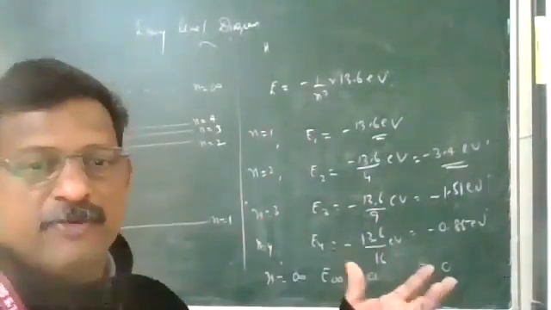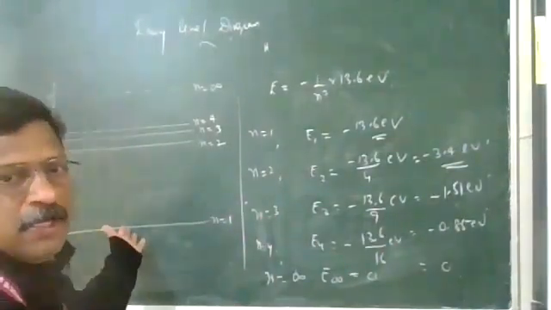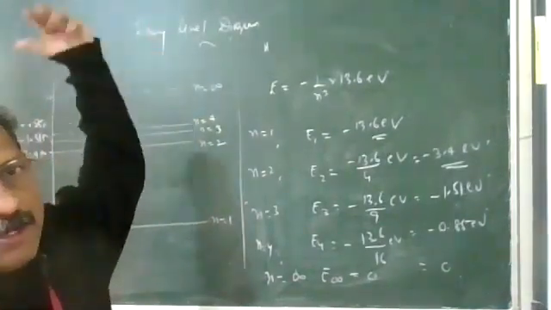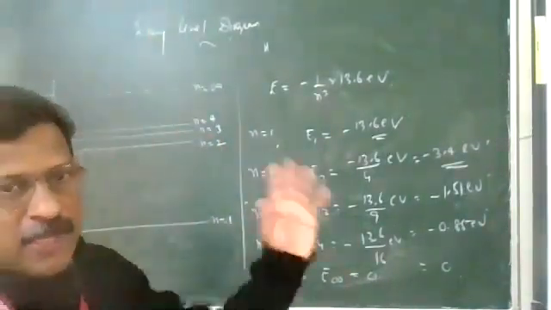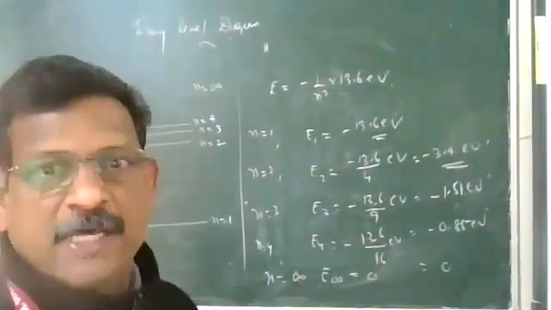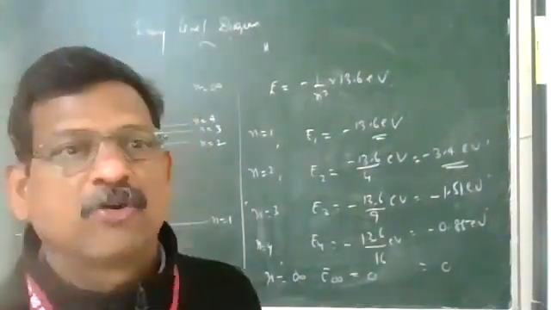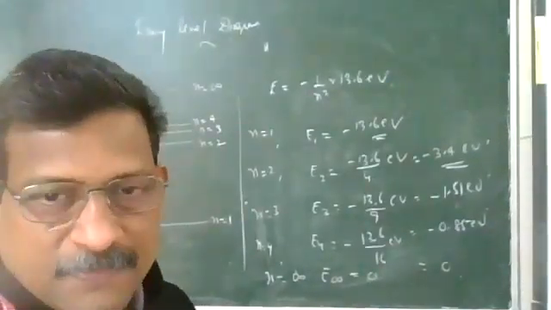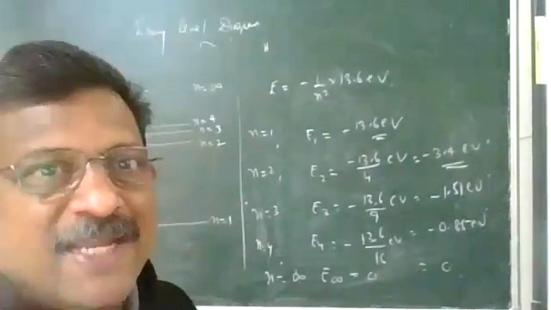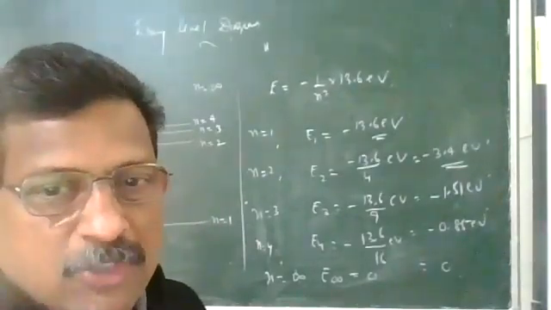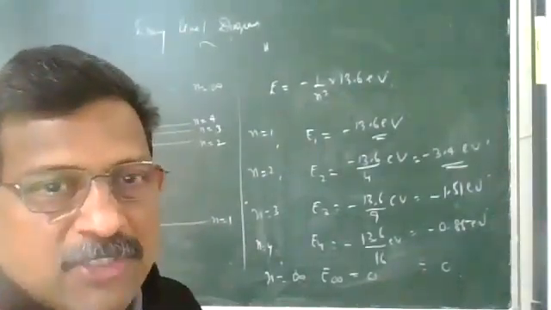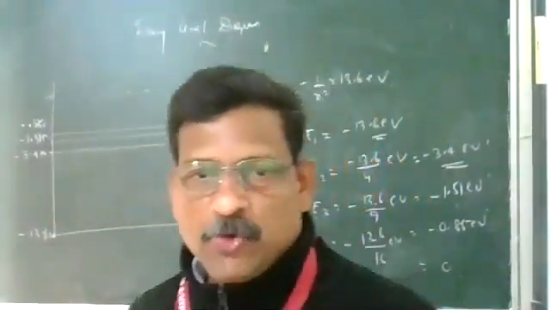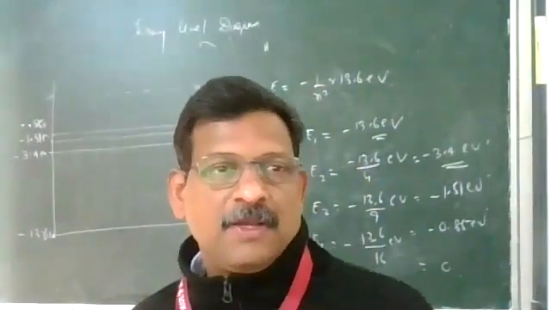If you give energy from outside, the electron can go from the inner orbit to the outer, and from the outer to the inner it can come back. If they come from outer to inner, the difference in energy levels will be radiated in the form of electromagnetic waves. That is called the origin of spectral lines. Excite the atom and leave it. It gives you electromagnetic waves in the range of the Lyman series, Balmer series, etc., from the hydrogen atom.